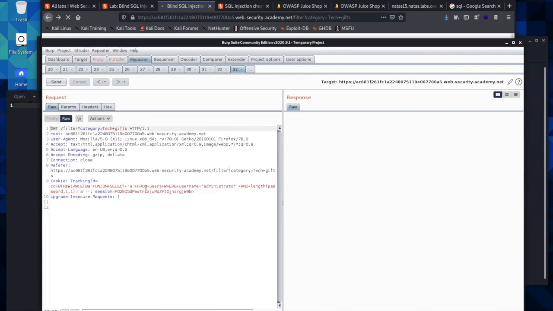And so we have this new string that we're sending. We have our normal union select, and then we have a string from users where the username equals administrator. So we're looking on the table name users under the column username for the administrator's password, and we are looking for the actual password at this point. And I just noticed, we're not looking for the length of the password,